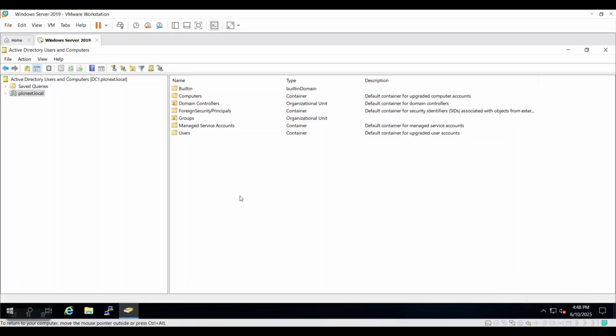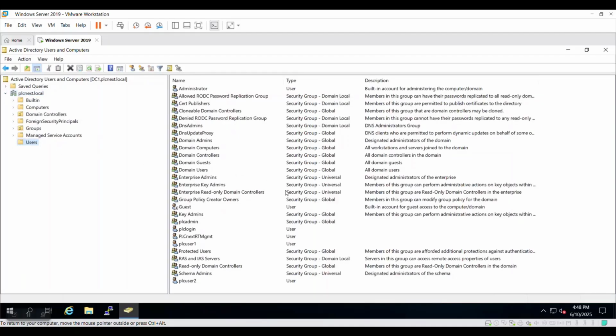For this demonstration, we'll just set up a custom domain controller for a domain called plcnext.local. In an existing Active Directory server, there's probably users who are already logging in on Windows workstations, for example. In this case, our Active Directory server just has two users called PLC User 1 and PLC User 2 who already exist before we've even introduced a PLC Next control device into the network.